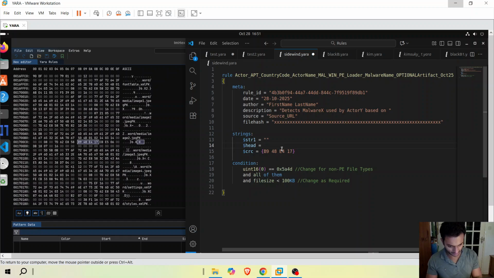Nice. Boom, bada beam. There we go. And now I can populate this really quick. So APT, I think Sidewinder is an Indian APT. And while we populate this,